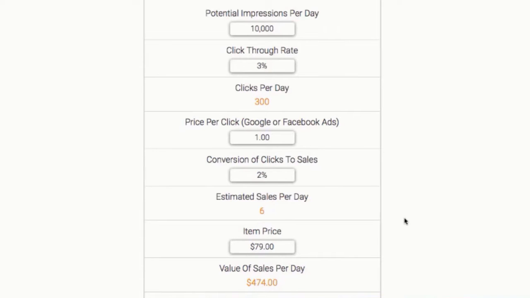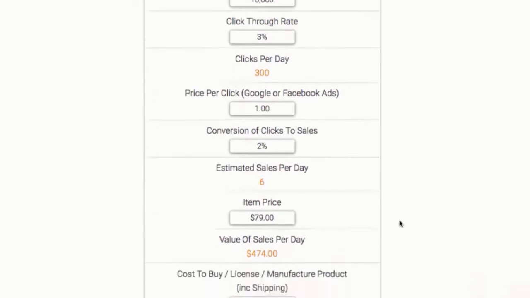So he was moving very slowly because he was getting data very slowly, but we were able to see that there was not a hope in hell, even if hell froze over, of him getting a profit out of that. So he's going to swap it around now and try and send all his opt-in traffic. He's getting quite a good opt-in rate at about 10.8%. He's going to send all his opt-in traffic now to look at a higher ticket item, because it would take fewer clicks to make a profit if he sold just one of the higher ticket items rather than selling 10 of the low ticket items.